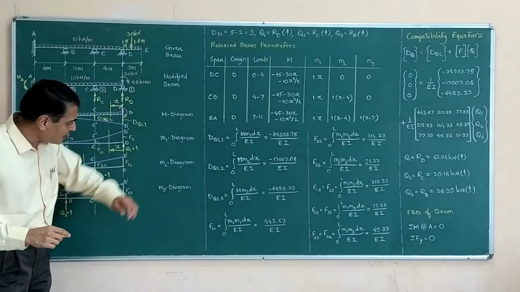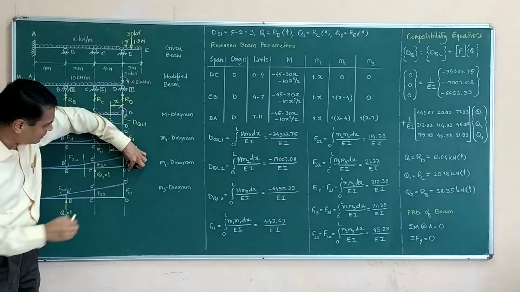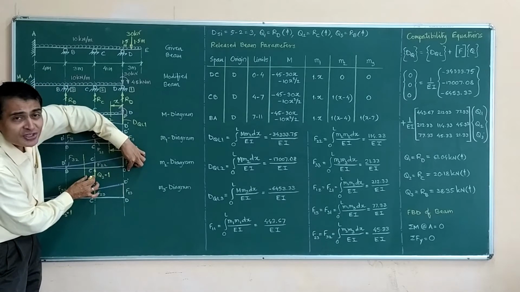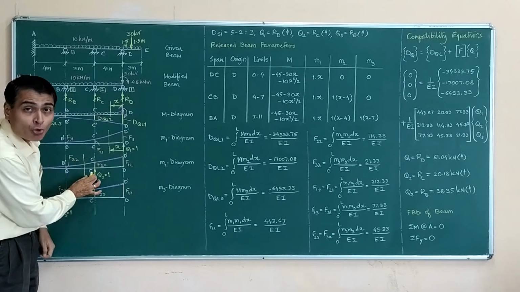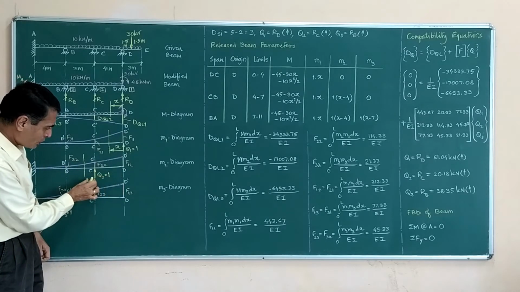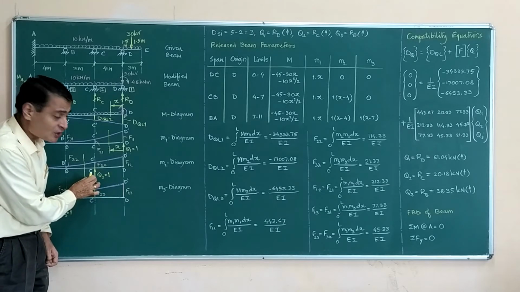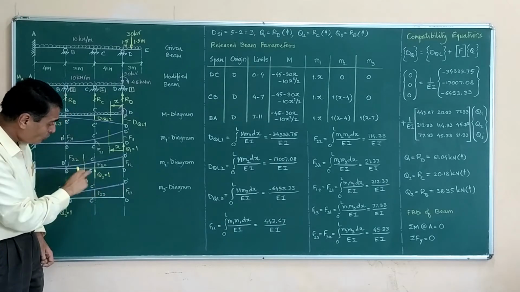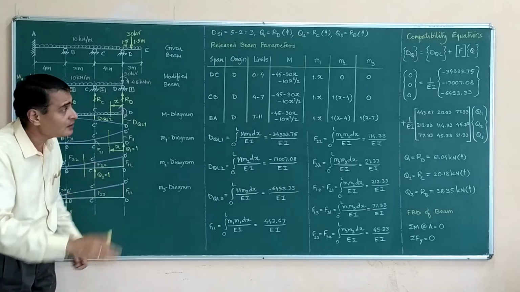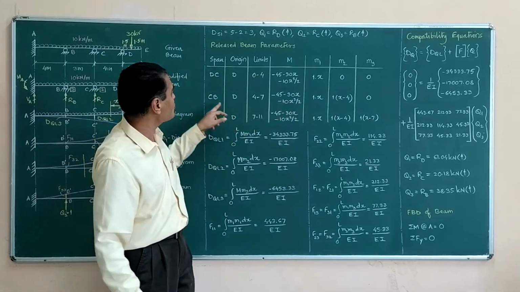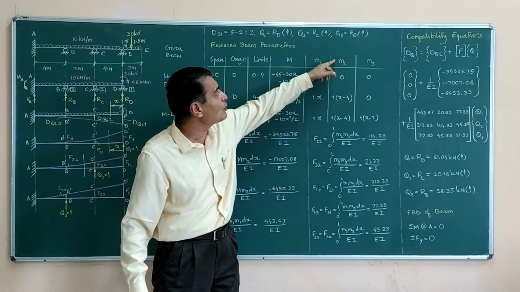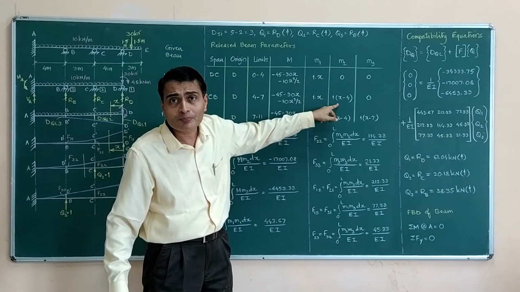But try to understand, B is my origin, that is going to be my X, so this small distance is going to be X minus 4, just check. Total is X, this much is 4, so this is going to be X minus 4, then my bending moment will be 1 into X minus 4 sagging. That is what I have written for span CB, it is 1 into X minus 4 positive under M2.